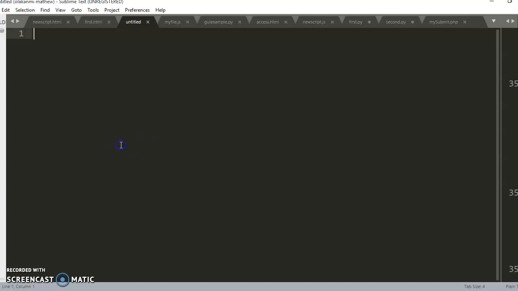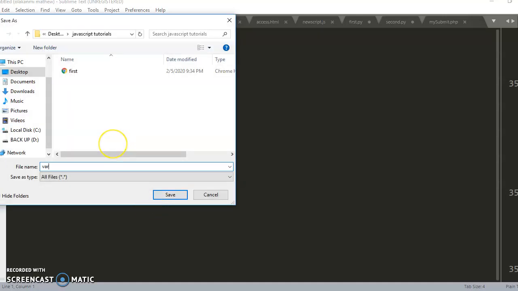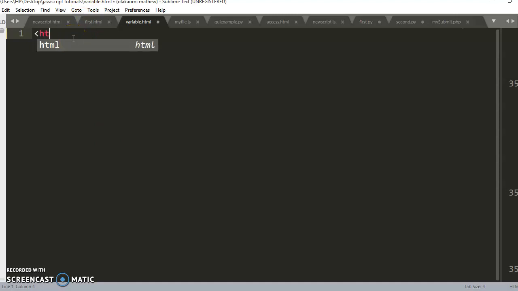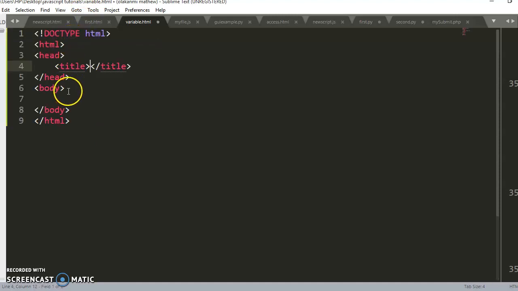I'm saving this page as variable.html. In this series we'll be covering variable declaration, we'll be covering our output command,